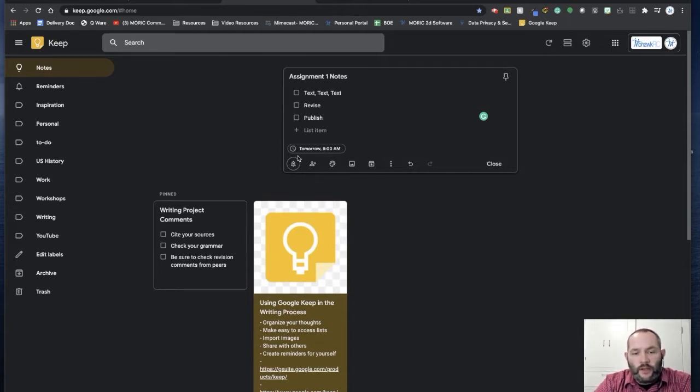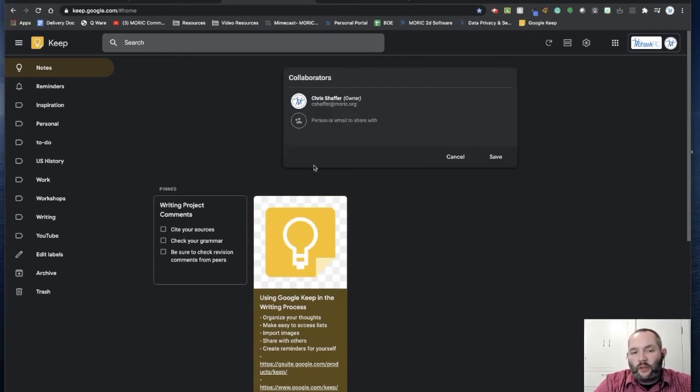Some further options I have within the Keep note here is I can add a collaborator. So let's say I'm a student working in a group on a project and we're taking notes, we're just getting started. I can actually add my classmates in as collaborators on this individual Keep note. So it works just like Google Docs and Slides and all the other G Suite tools, where now multiple students can access the same note. They can all add, edit, revise information that's there, and now they're working together in a common source rather than individually on their own.